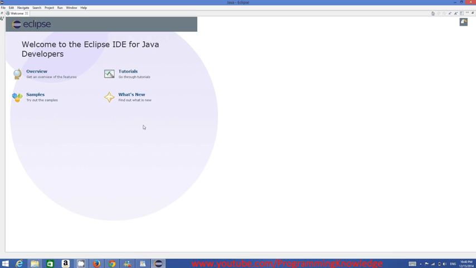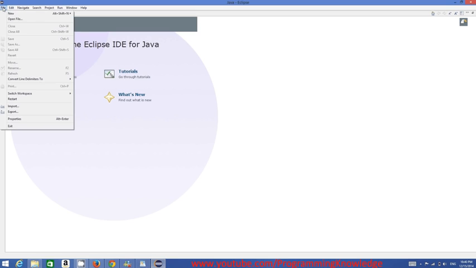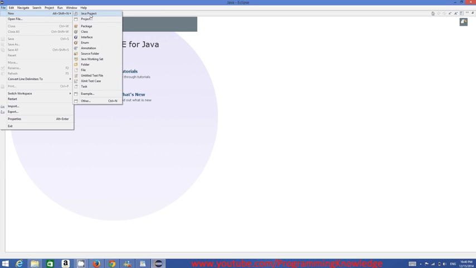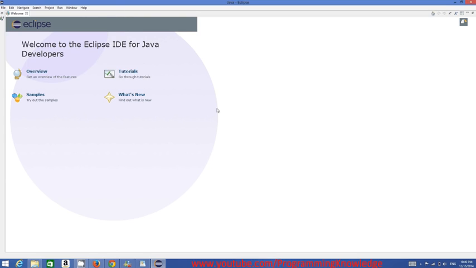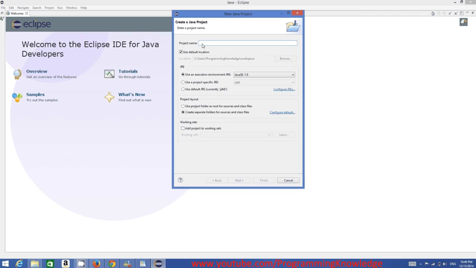So to create a new project in Eclipse IDE, you just need to go to this File option here and go to New, and we are going to create a new Java project. So just click Java Project, and here in project name you just need to give the name to your project. For example, my first